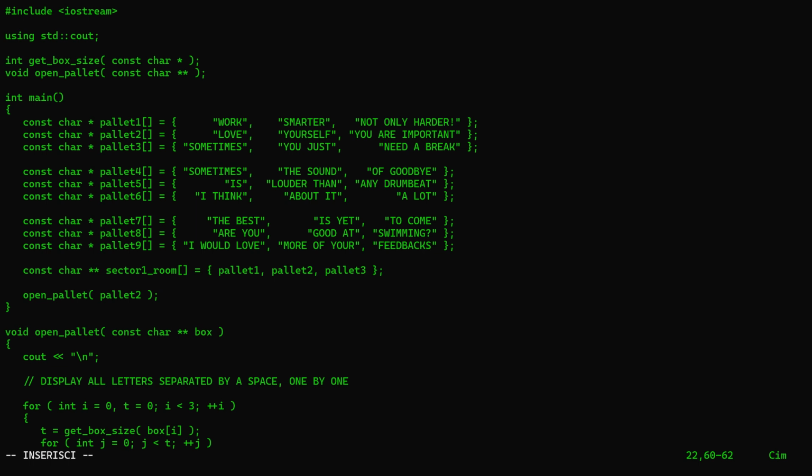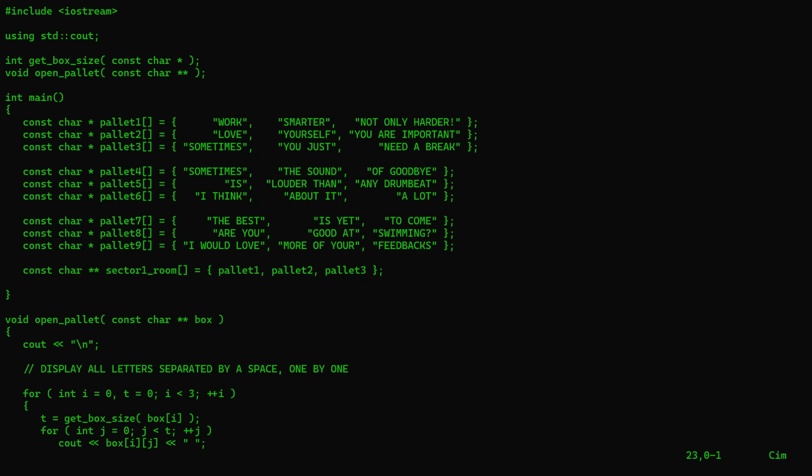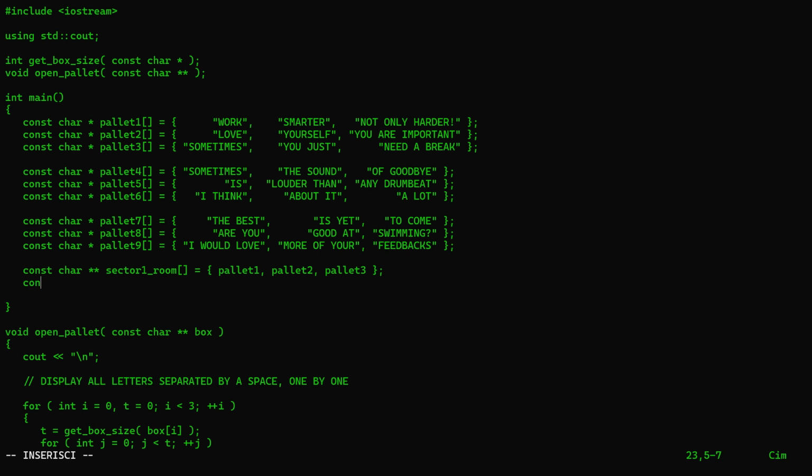So now sector 1 room 0 will be palette 1. Sector 1 room 1 will be palette 2. Sector 1 room 2 will be palette 3. Okay. And now I get rid of this function and build another function. But before that, let me just